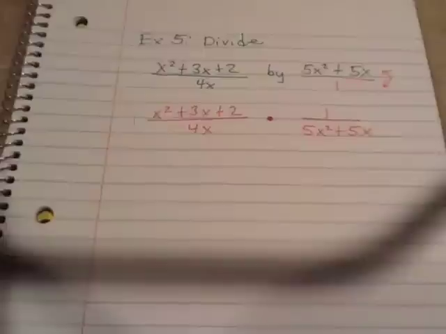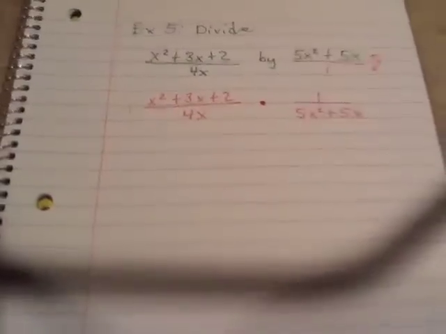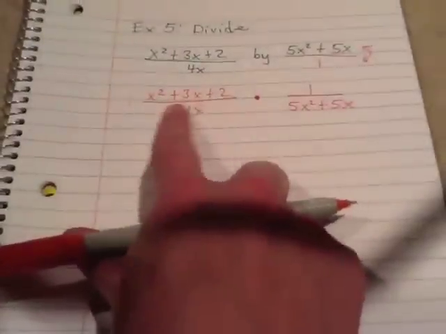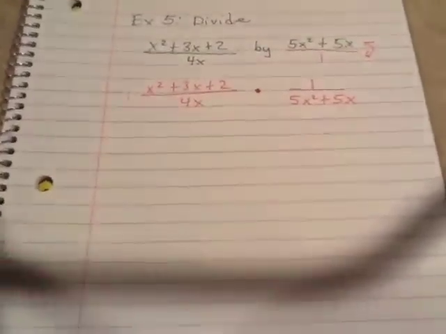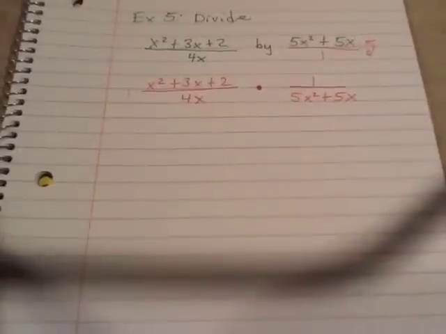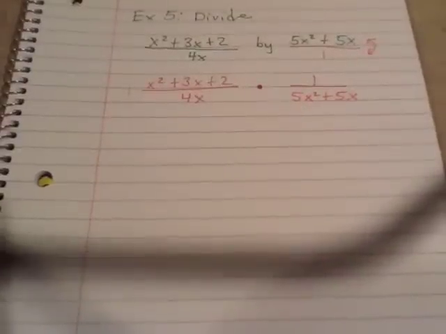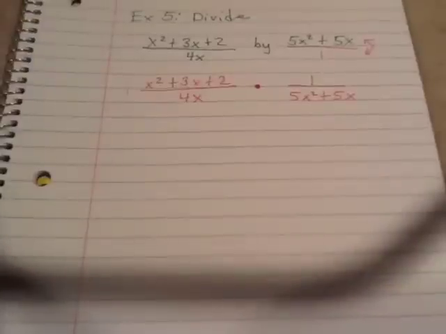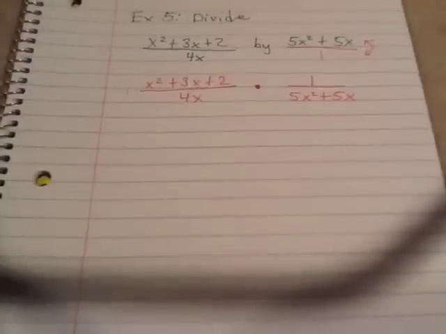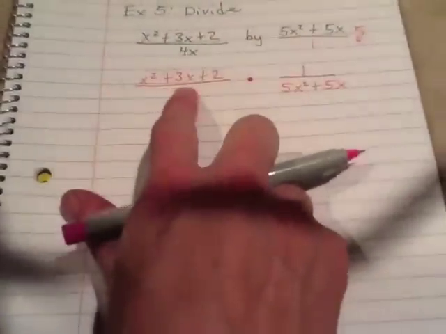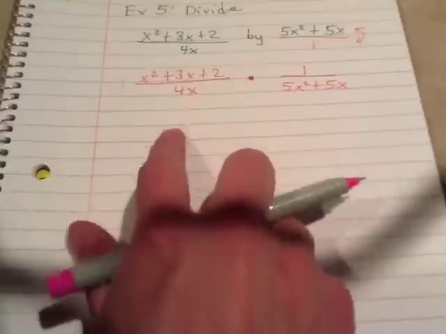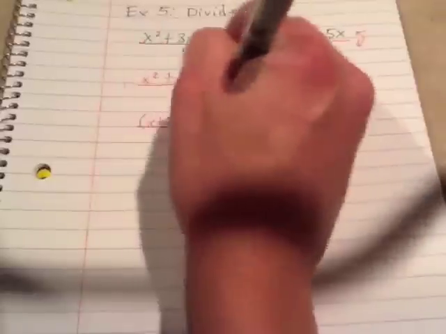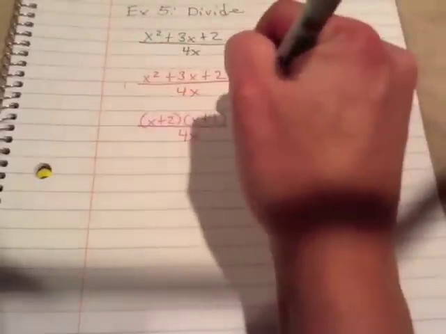Now you're looking at exactly the same thing again. So you should be pretty good at noticing this is a trinomial. It's got that nice easy number in the front. So what multiplies to be 2 and adds to be 3? It was 2 and 1. So we can go rewrite this as x plus 2 times x plus 1, and that's over 4x times